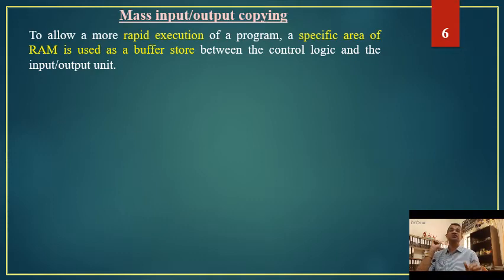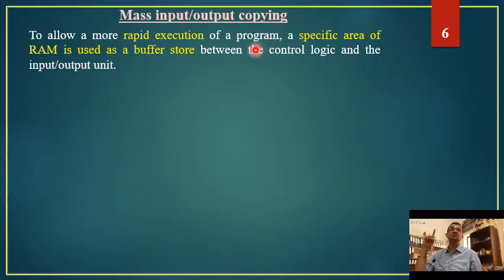That is why a small buffer area is required in the RAM, so that these input signals are retained there for further processing, to allow more rapid execution of the program. See, first thing,